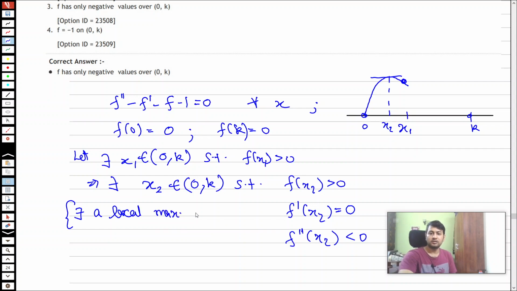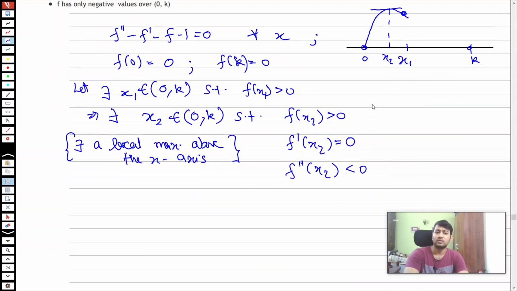That is all I'm saying. Because the function is twice differentiable, it has to be continuous, so there is no other way to go about it. Then for x2, f double prime is negative,